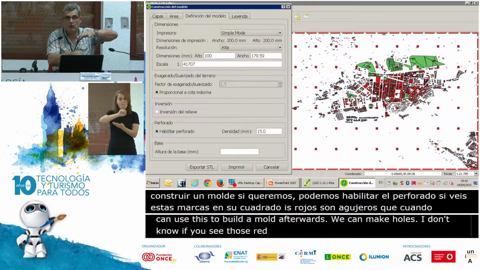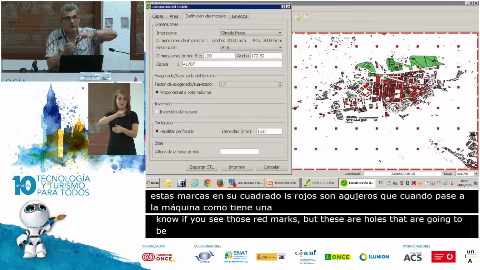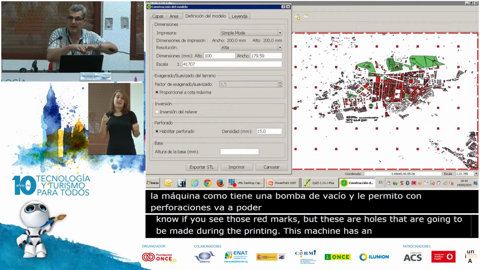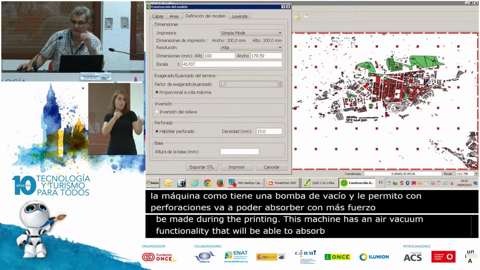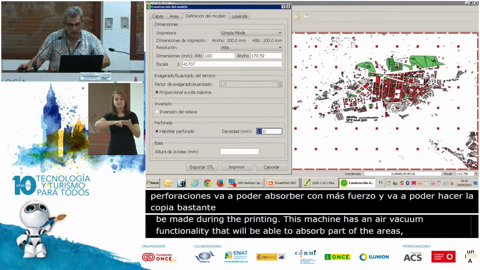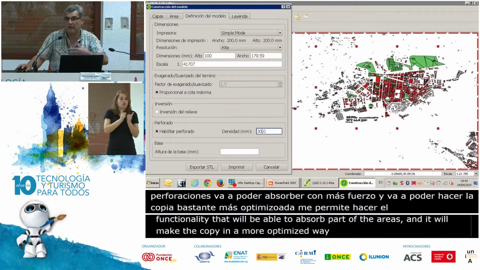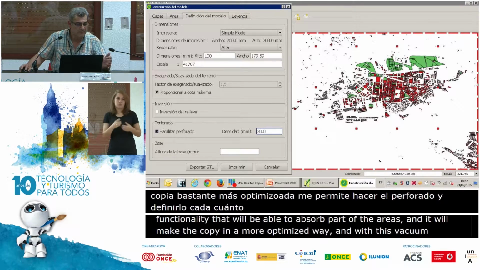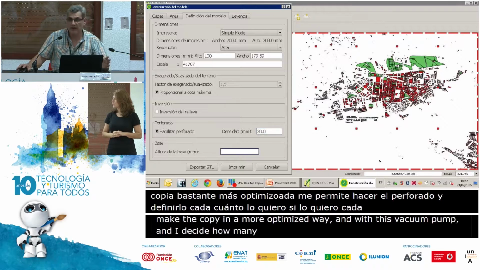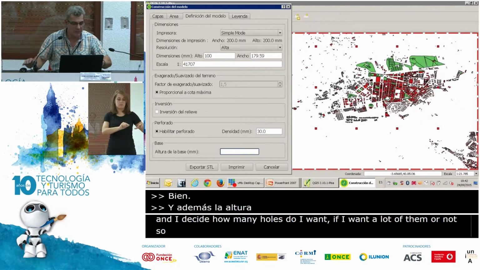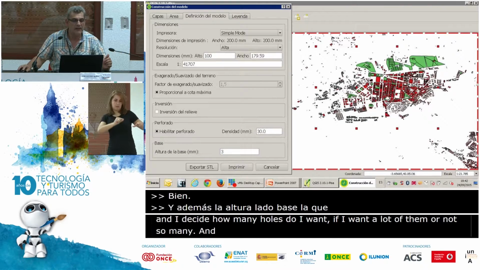This machine has an air vacuum functionality that will be able to absorb part of the areas, and it will make the copy in a more optimized way, with this vacuum pump. And I decide how many holes I want, if I want a lot of them or not so many, and because I will be drilling the map,